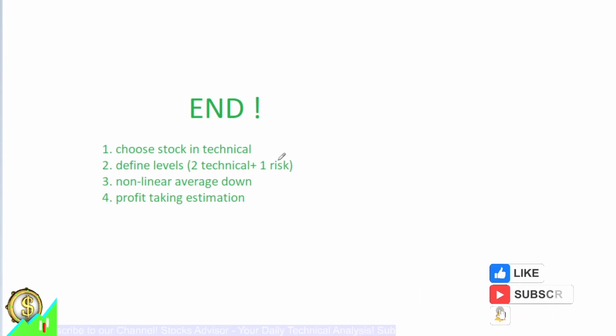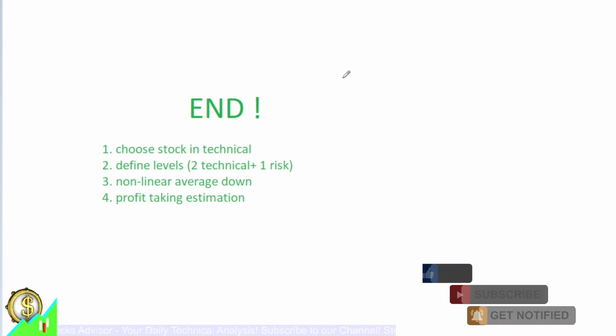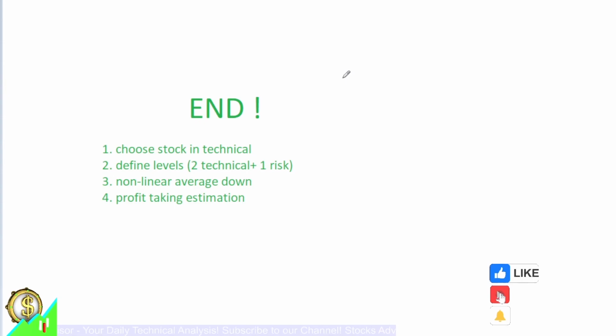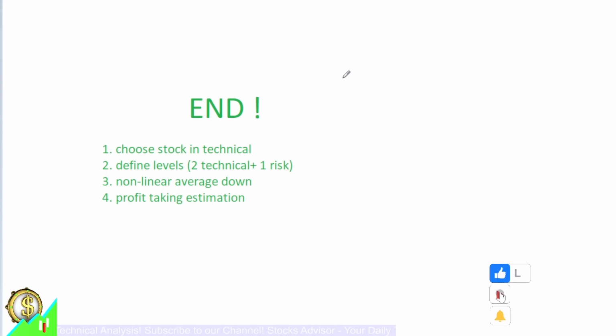The first one you don't see, because these are the scripts that we use, let's say, before the video is issued. There are scripts we run daily before the stocks are chosen. We choose those on US-based markets, mainly New York Stock Exchange and Nasdaq. And then after those stocks are picked up, we go with the 2nd, 3rd, and 4th step, which we discuss with you in the video. Then you see those levels. So that's the way we trade. That's what we do at Stocks Advisor channel. We call it mixed analysis because it's actually technical plus risk mitigation and nonlinear averaging down, all together.